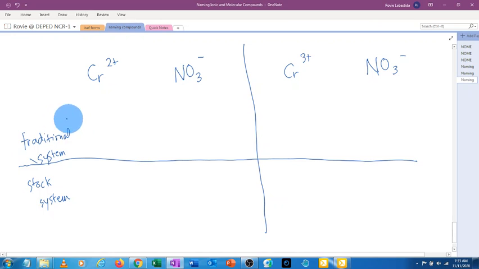So again, you can only use the traditional or the stock system for ionic compounds where the cation has more than one possible charge. Like this one, chromium can have 2 positive net charge or 3 positive net charge. So let's derive first the chemical formula. So the formula would be Cr(NO3)2,